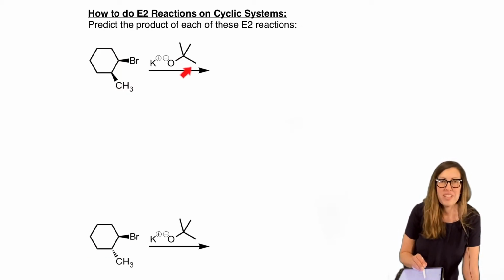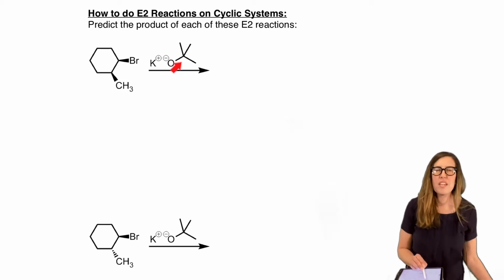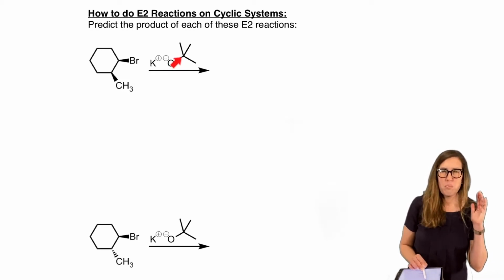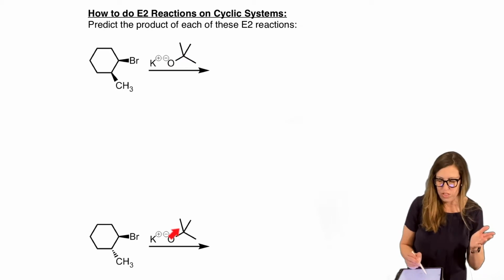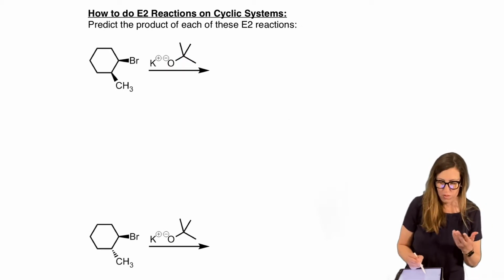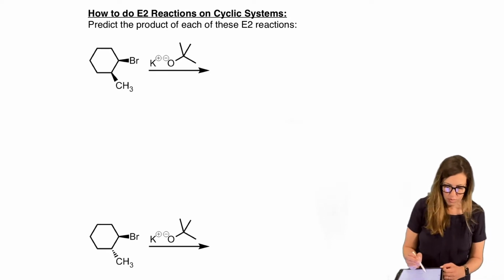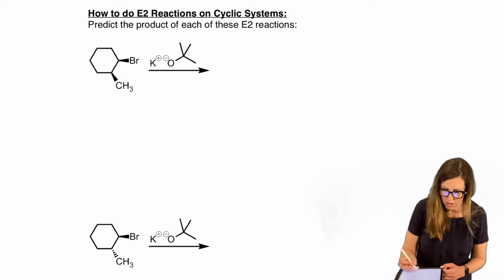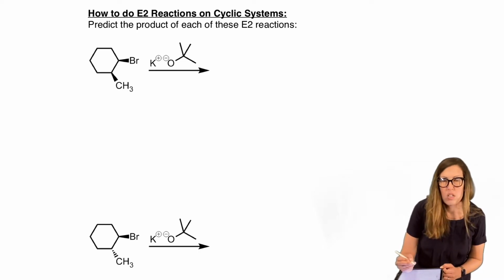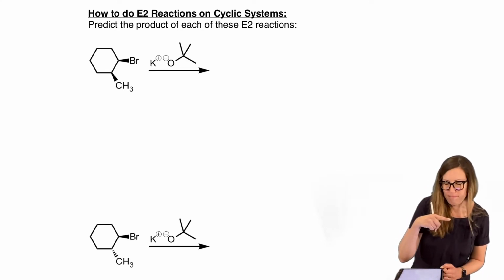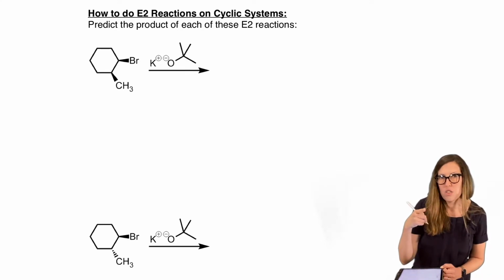I'm intentionally using it here so you feel comfortable, because we're so used to thinking of T-butyl as a bulky group. So intentionally I'm using T-butoxide several times so that we're not stuck into thinking it's a bulky enough base to give us Hofmann. Okay, so we're going to go with Zaitsev in our answer choices. Now this is a ring system, so instead of drawing a Newman, we're probably going to need to draw a double Newman.